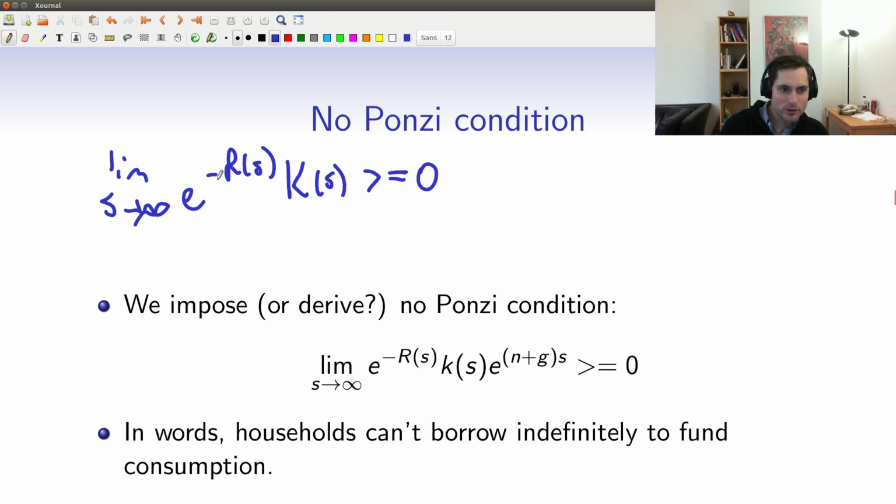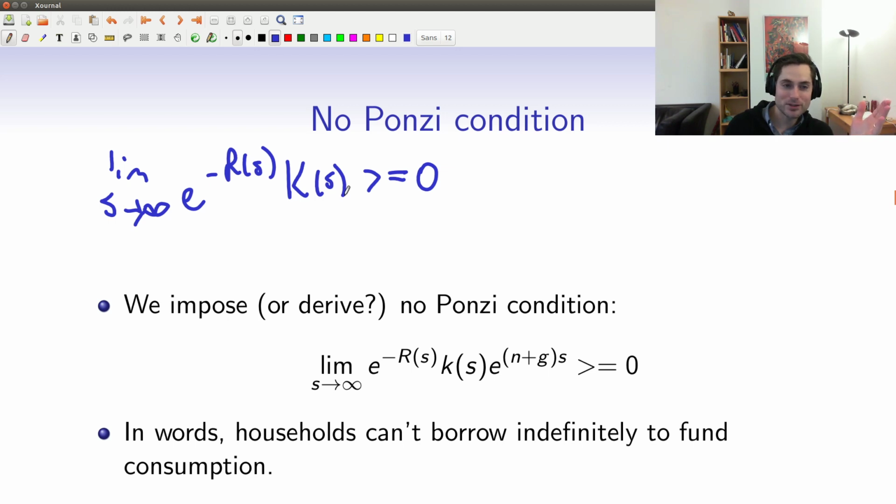So as time goes by, this term is getting very close to 0, and this is your capital holdings, which could be positive or could be negative, right? You could be borrowing in this case. So what this is basically saying is you can't just be borrowing so much that this term that's going close to 0 isn't going to kill off your borrowing. To say it in words, what's this thing capturing? It's capturing the idea that you can't just keep borrowing more and more money and then paying off your debt by borrowing more money, which in principle might work if someone would lend to you, because I have an infinite stream of